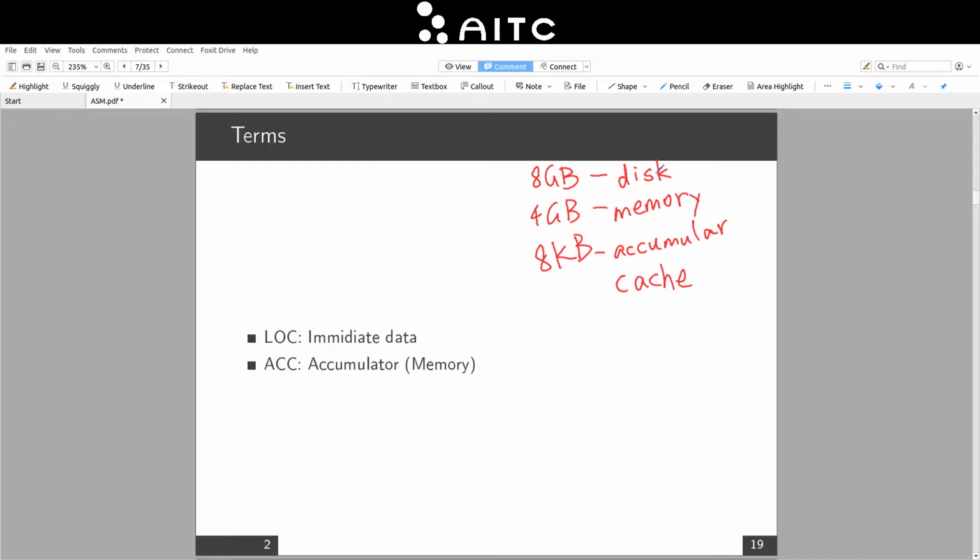So you mean the relationship amongst them is that the speed of the accumulator is greater than the speed of memory, which is greater than the speed of the disk. The speed of the accumulator is the fastest, and in this relationship, the larger the storage it has, the slower it is. So you mean that the